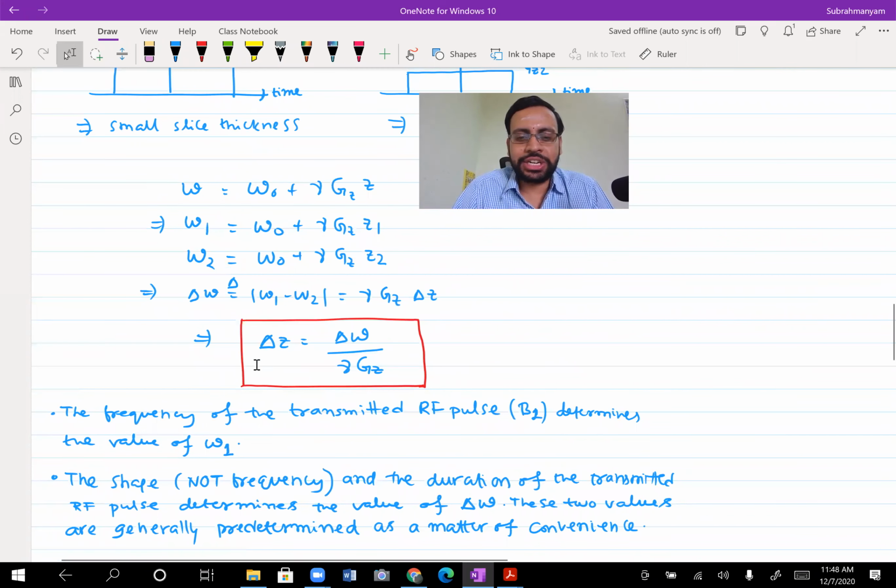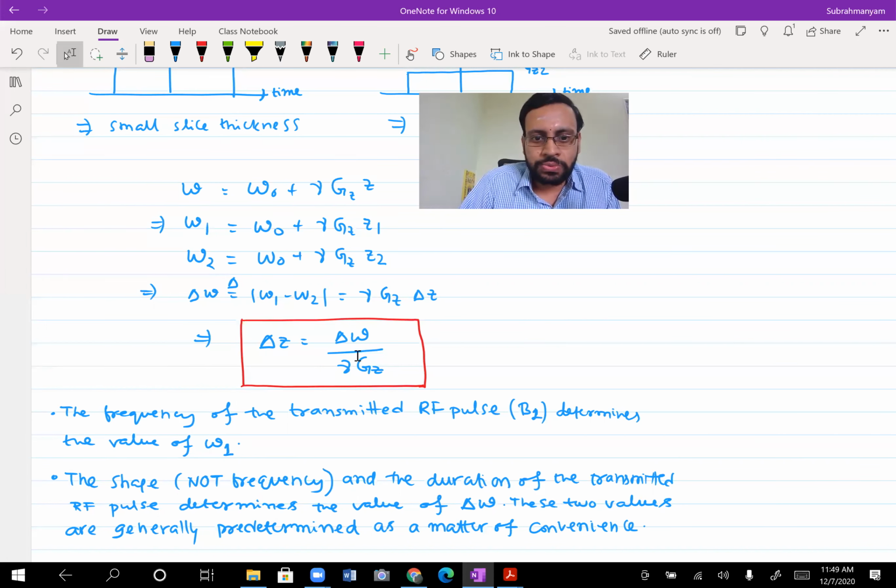Maybe I will just come back here. See, this is the relation we have. There are two things here. In practice, if you look at it, usually the bandwidth is fixed. You won't normally change it from scan to scan. Rather, you would just like to change the thickness. Sometimes, depending on the structures you are going to look at, you might want a very high resolution one, or you are fine with taking it at a low resolution. Depending on whether the structure is big enough, you might like to increase the slice thickness.